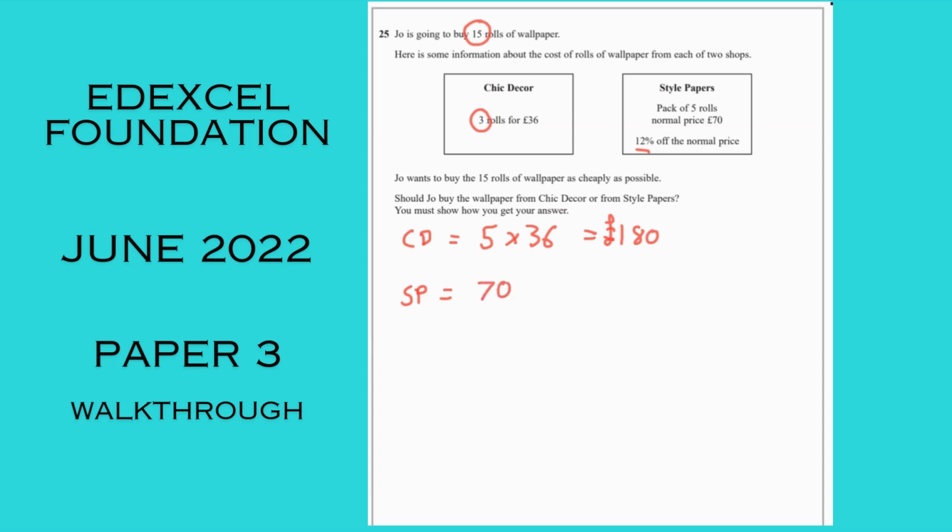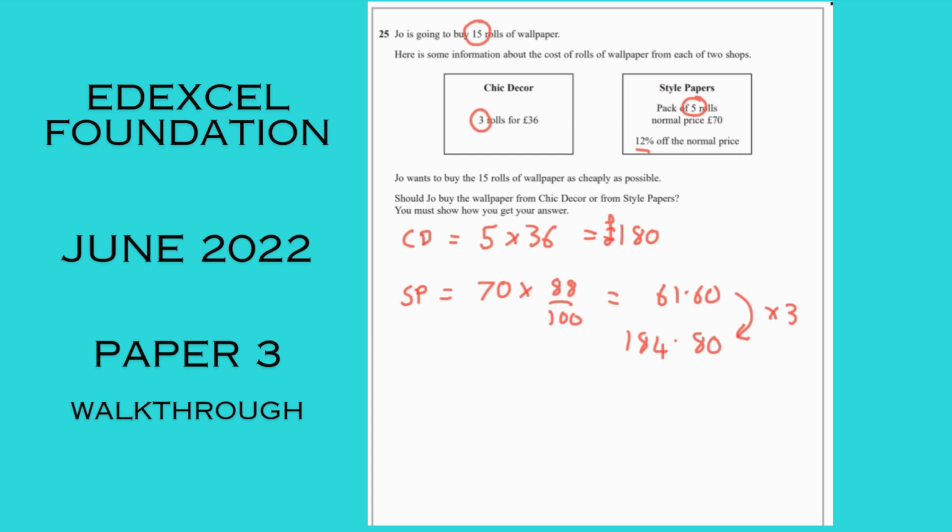£70 to take 12% off. You're going to have 88% left, which you could write as 0.88 or stick to 88%, meaning 88 out of 100, and that is £61.60. But that's for a pack of 5. She's wanting 15. So we times by 3. It would cost £184.80